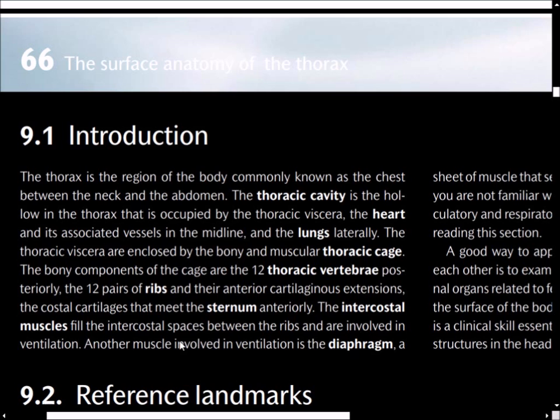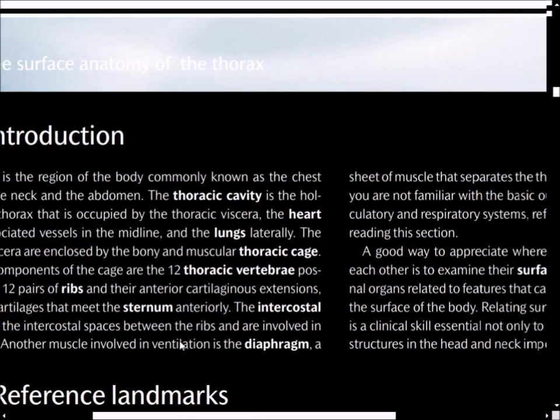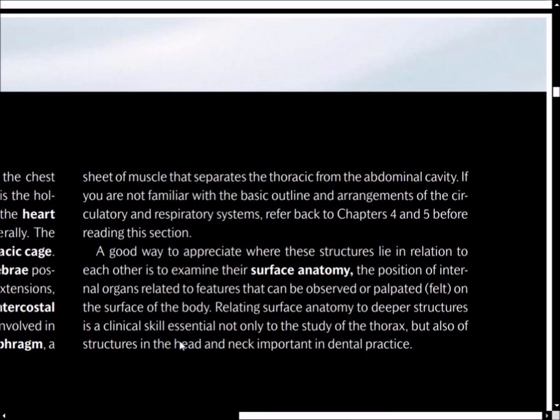Another muscle involved in ventilation is the diaphragm, a sheet of muscle that separates the thoracic from the abdominal cavity. If you are not familiar with the basic outline and arrangements of the circulatory and respiratory systems, refer back to the reading section. A good way to appreciate where these structures lie in relation to each other is to examine